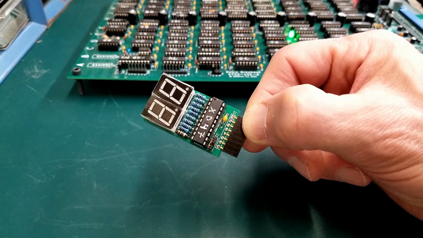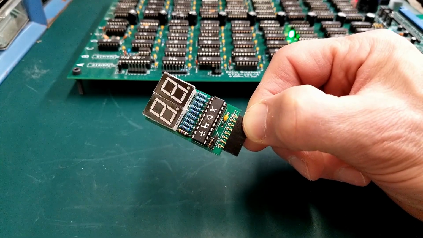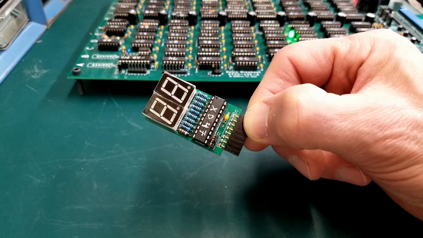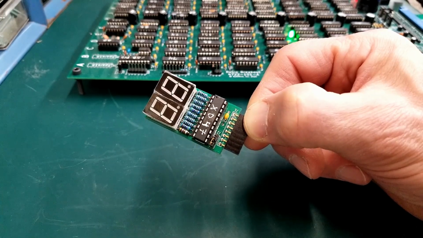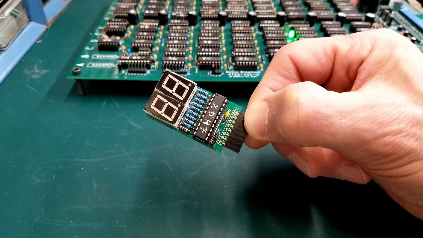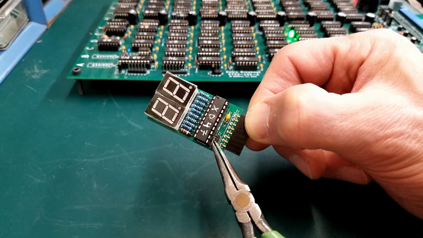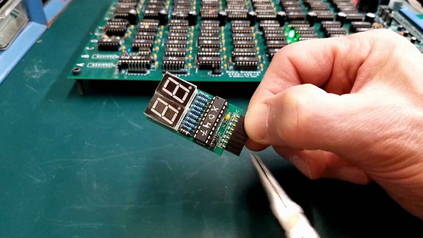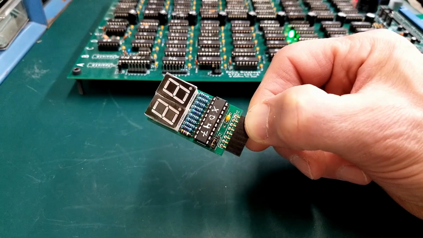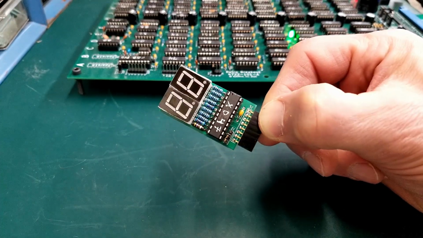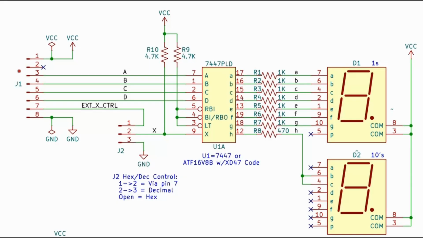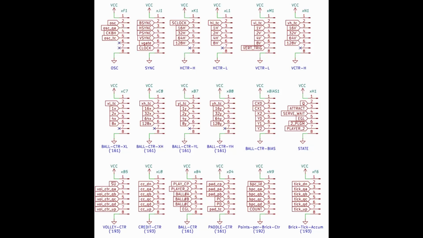Another way to use this board is with a custom PLD that can display hex or decimal. You can just install a single digit for hex, or add another to show decimals 0 through 15. Leave this jumper off for hex, or plug it to the left for decimal. You can also plug it to the right to have pin 7 decide the mode. Pins 2 through 6 are input bit weights 0 through 3 respectively. We made this pin convention standard for all of our counter type debug headers.